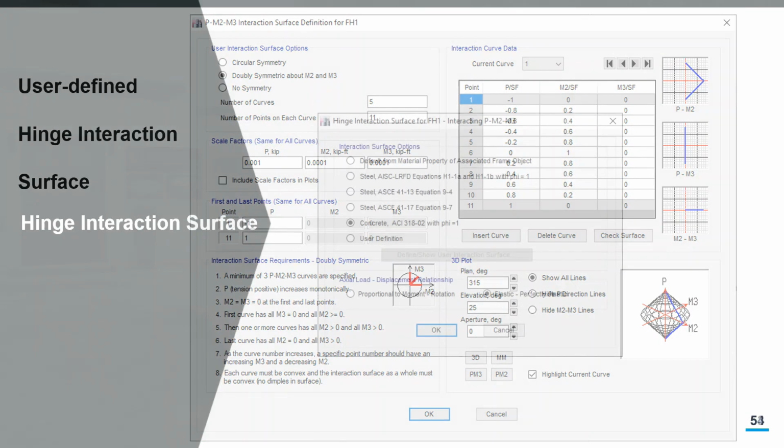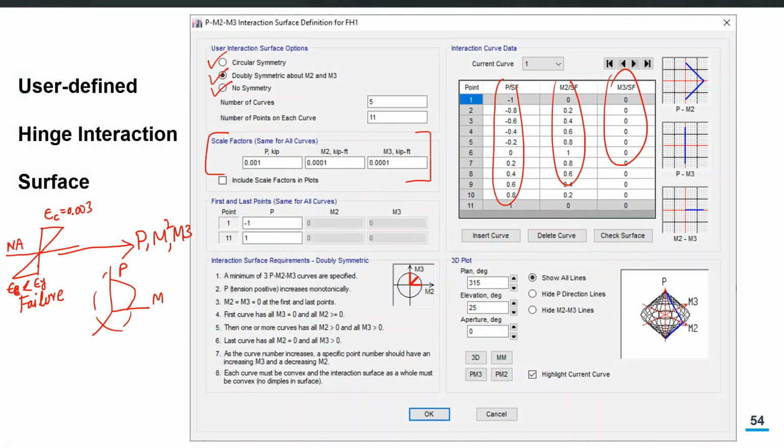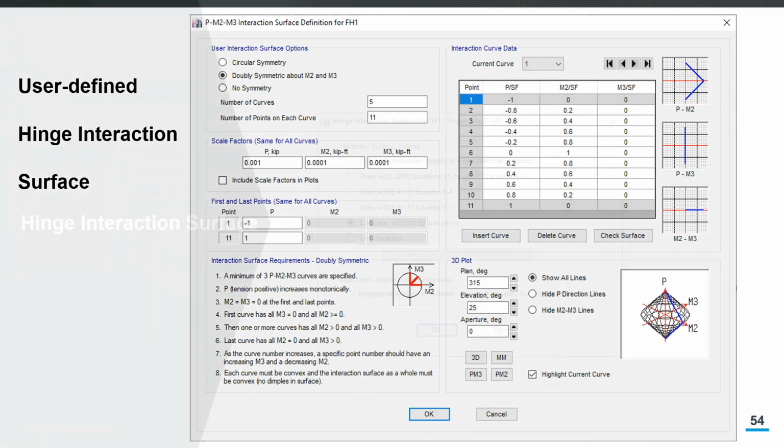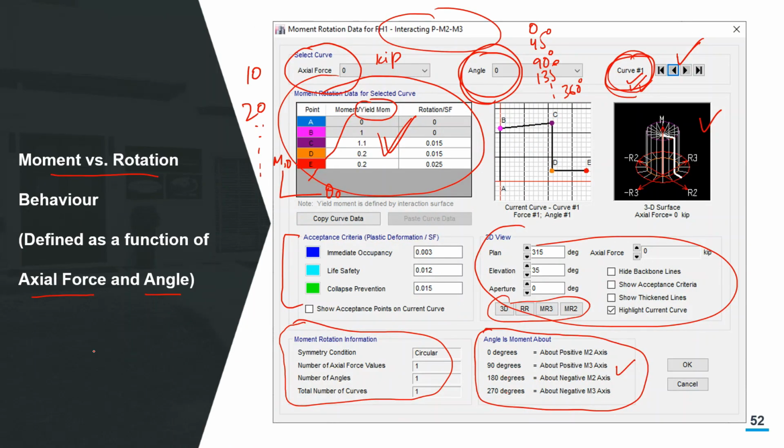You are talking about material capacity or material failure, crushing or yielding. When you talk in terms of the plastic hinge for the whole beam, then you have only one well-defined yield point, which is this point B here.